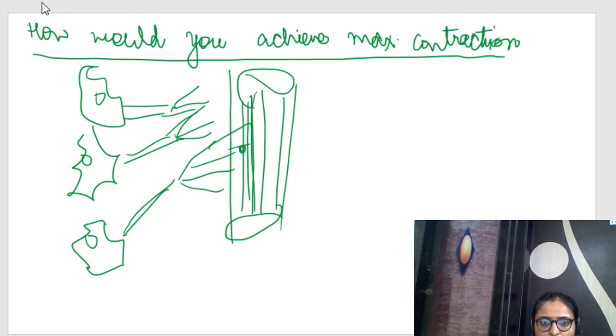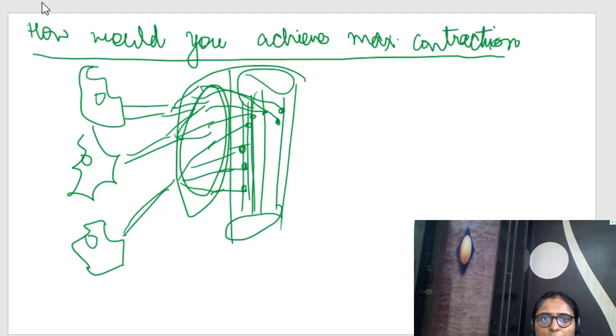So these are supplying the different muscle fibers. Now here, if I want to contract the muscle maximally, then all these motor units have to contract, or all these motor units have to be supplied, and